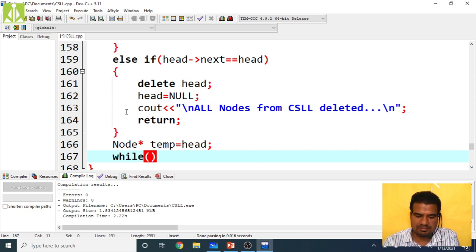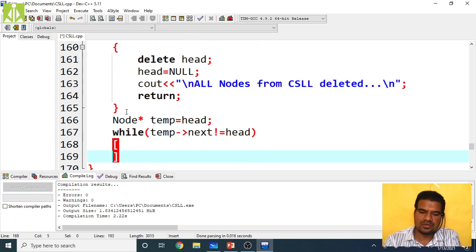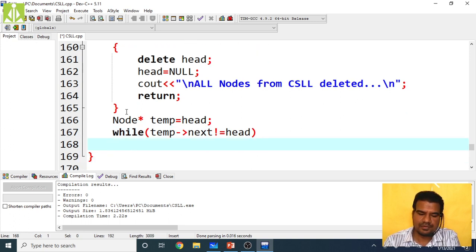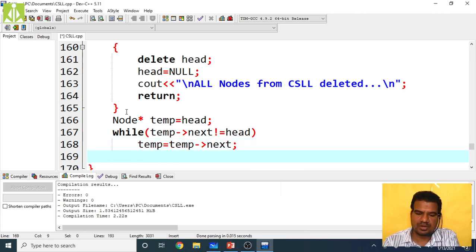It is a simple statement: while temp of next is not equal to head, temp equals temp of next.